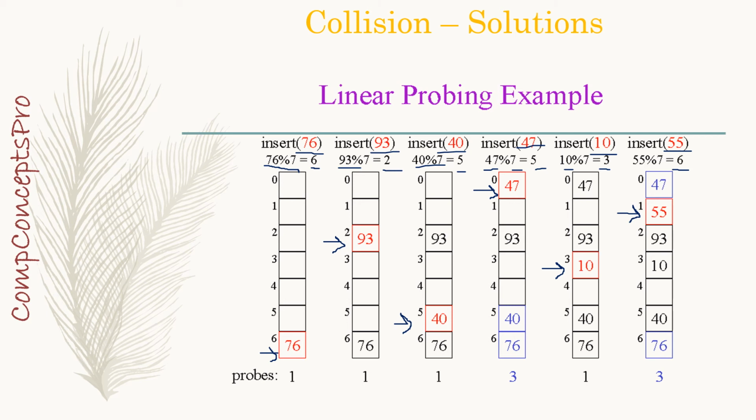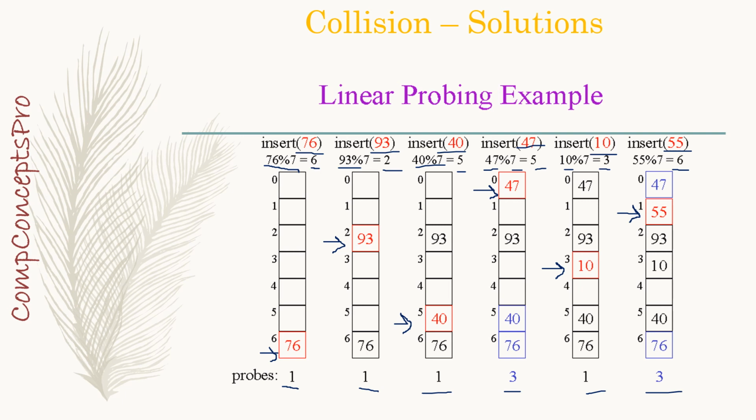Now as you can see down here, there are number of probes given for each iteration. These are the number of probes for storing each of the keys. So what are these probes? In simple terms, probe defines the number of times we had to reapply the linear probing formula to find out an available empty slot. Or we can say that after how many searches finally we found the empty available slot.